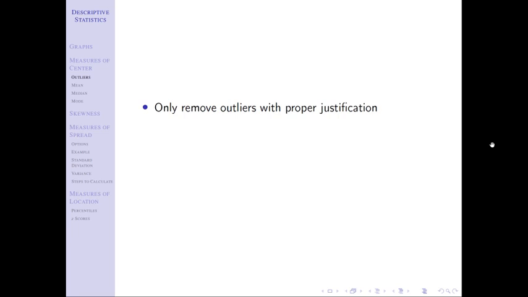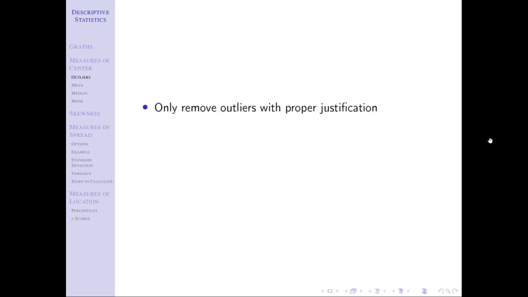What I want to paint the picture of is less about what to do with outliers, because I'm not going to ask you to do anything with them. What I want to paint the picture for you on is that outliers are concerning because you don't know how to handle them easily, and we'd like to not deal with outliers. Okay, that's the main takeaway from all this. I've set all this up to tell you we'd like to not deal with outliers. Okay, how do we get around that?